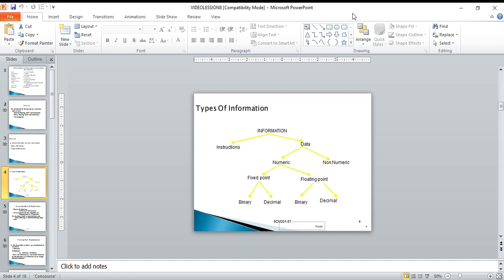And then signed one's complement is nothing but the sign bit, that is 1, and follows with the one's complement of the magnitude bits of the original positive number. One's complement is nothing but you take the zeros as ones and ones as zeros. That is the signed one's complement representation. And then signed two's complement representation. Here, take the same: one bit is used for the sign bit, that is here the number is the negative one.